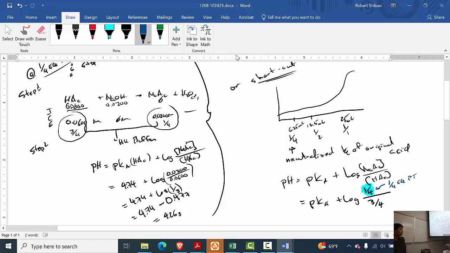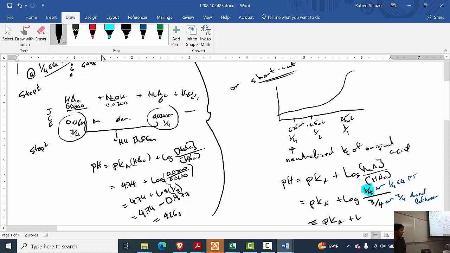Meaning I've neutralized 1/4 of my acid, and this is how much acid I have left over. 3/4 of the acid left over, unreacted. And so this is my 3/4 that's left over, unreacted. This is my 1/4 that's reacted here, out of the 0.0800 original. And so what this equals here is